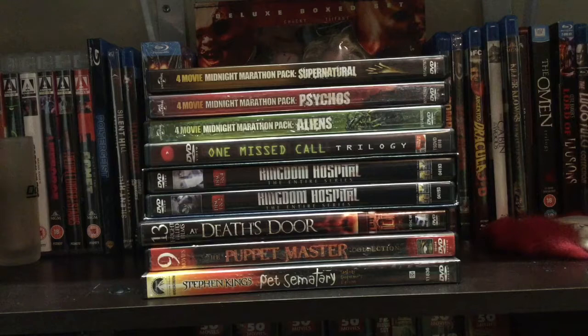This is an 8 horror collection. And I don't mind the horror. I don't necessarily need Blu-rays for horror. That's not the point. Usually, they're dark. A lot of these things were shot on budgets that weren't great. Not everything is a Poltergeist budget or even Halloween. As much as I like the Blu-rays,